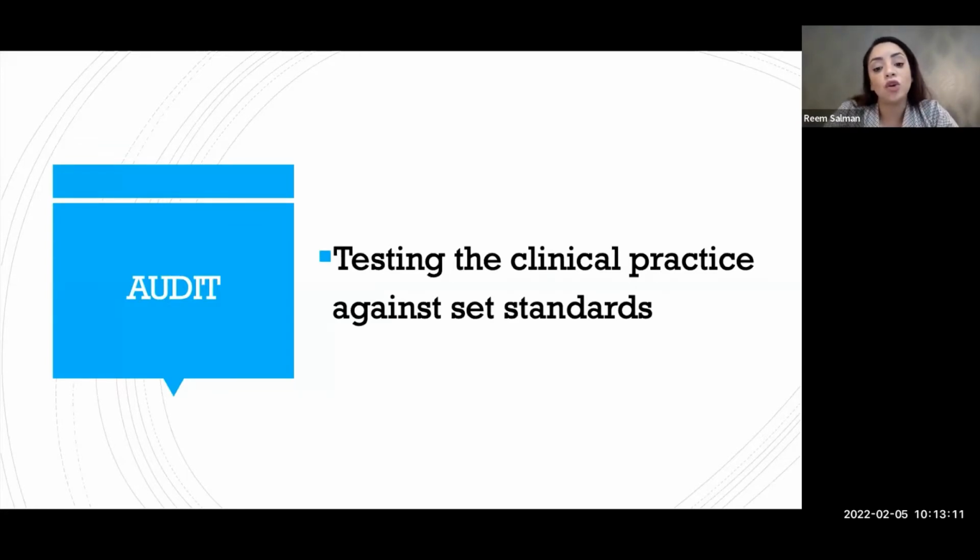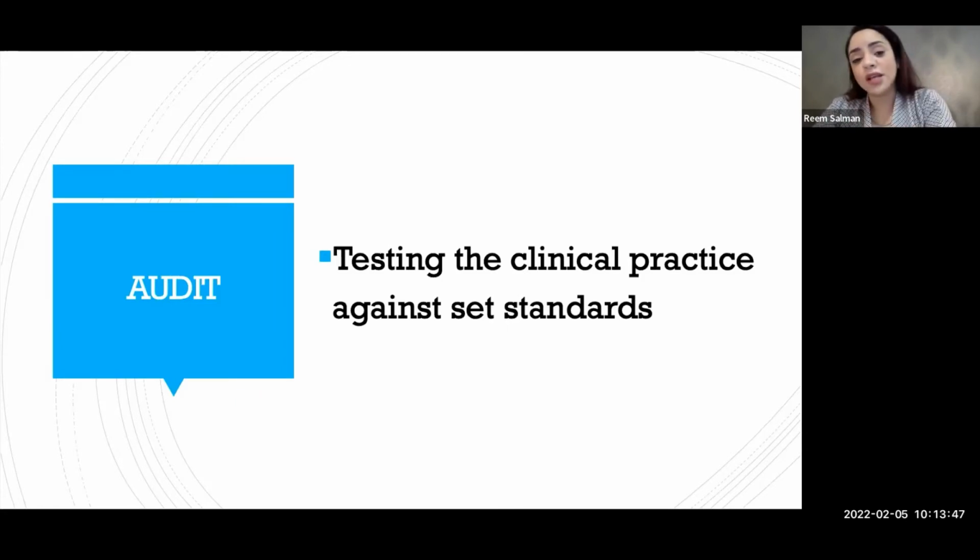And also an audit has to have standards. And this is the main difference between an audit and a quality improvement project. A quality improvement project could be something like review of practice. So for example, if I am in a department where there are no guidelines about something, let's say about gallbladder polyps and imaging gallbladder polyps, okay? I'm using examples from surgery because I've got a vast experience in surgery, so it's easier to make examples, but then you can always apply it to pediatric topics.